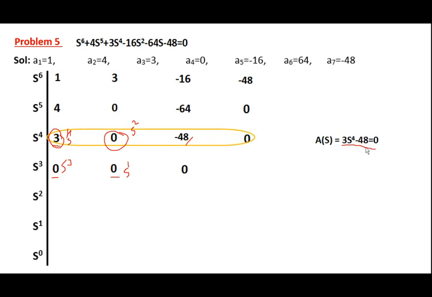Now differentiate this auxiliary equation. So dA by ds gives 4 into 3, that is 12 into s cube, minus constant; differentiation of a constant is 0. So we will get only 12 s cube. So we got only a single coefficient, that is 12. So now we need to replace these zeros by the coefficient of this differential equation.